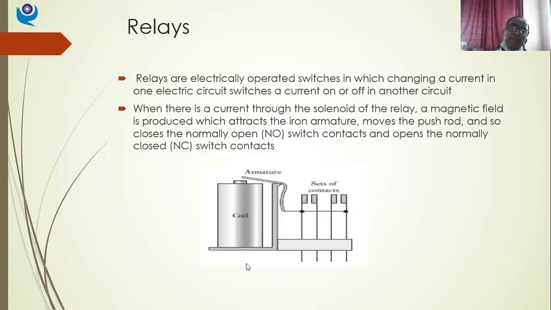As you can see in the diagram, this is initially closed. So this is called a normally closed switch, NC switch. Be attentive. Don't read now, just observe the sketch. So there is a push rod. This is normally closed and this is normally open. This is NO, normally open, and this is NC, normally closed. So this will be closed initially and this will remain open initially.